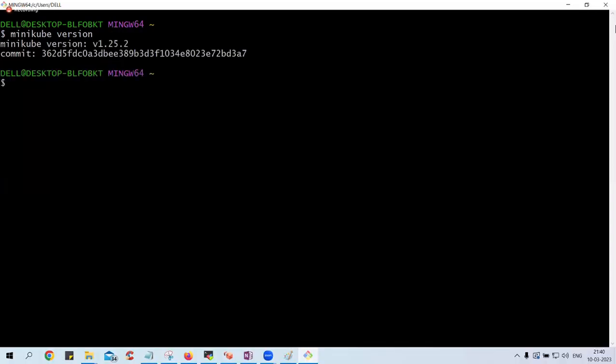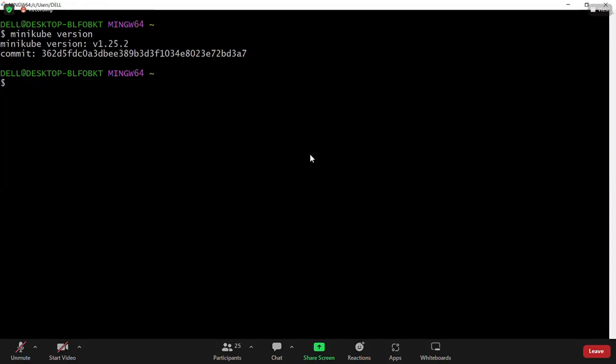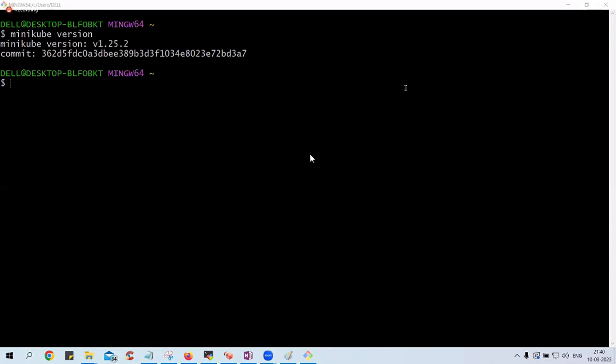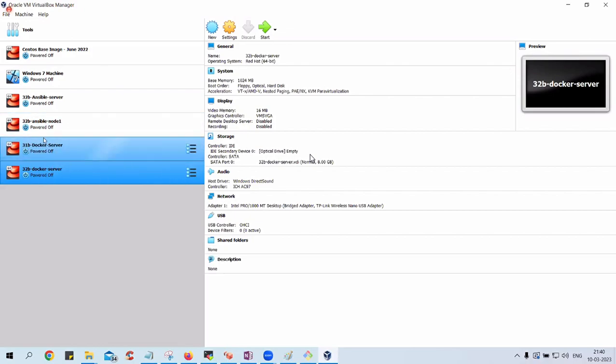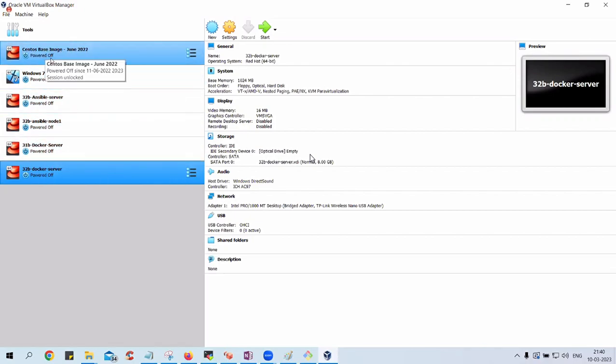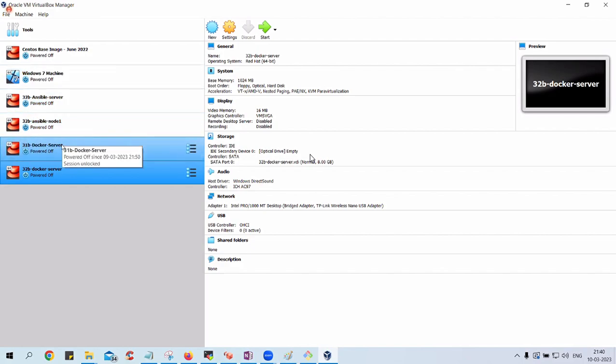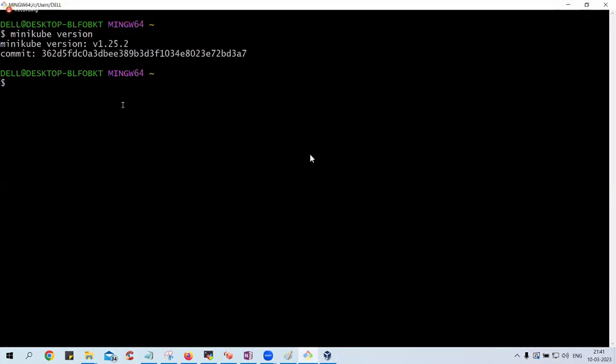Okay, minikube is already installed, right? So it will show you this version. See, for Mayur it is showing 1.29. Yeah, for me it is 1.25. I'm using an older one. It's fine. So this is a version, guys. The next thing is, now keep an eye on the Oracle VM box. Open up the Oracle VM box. And do you see any Kubernetes stuff here? You just observe before I do anything. This is CentOS, this is Windows, this is Ansible. This is also Ansible. This is Docker, this is Docker. Nothing about Kubernetes. Now let's see what happens.